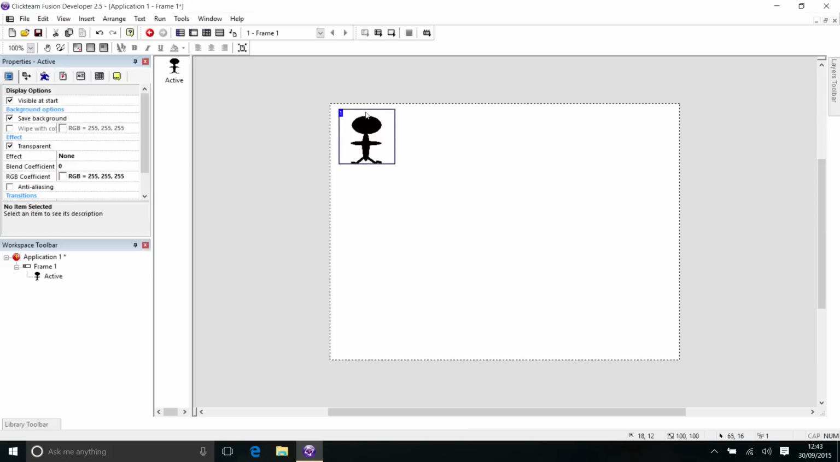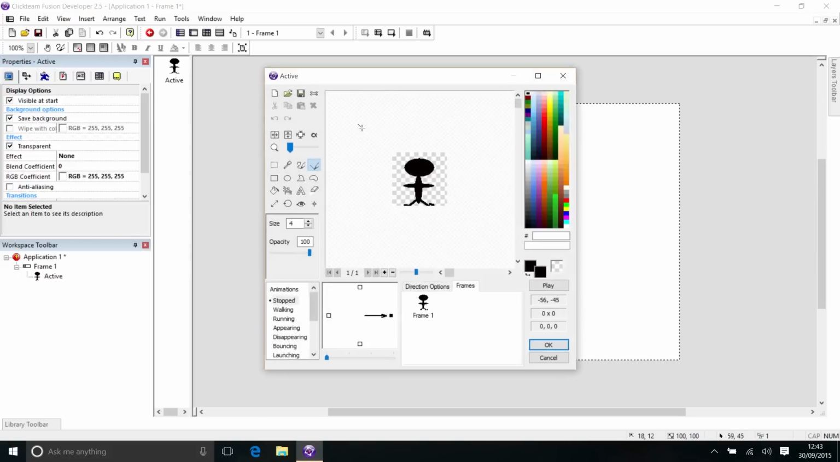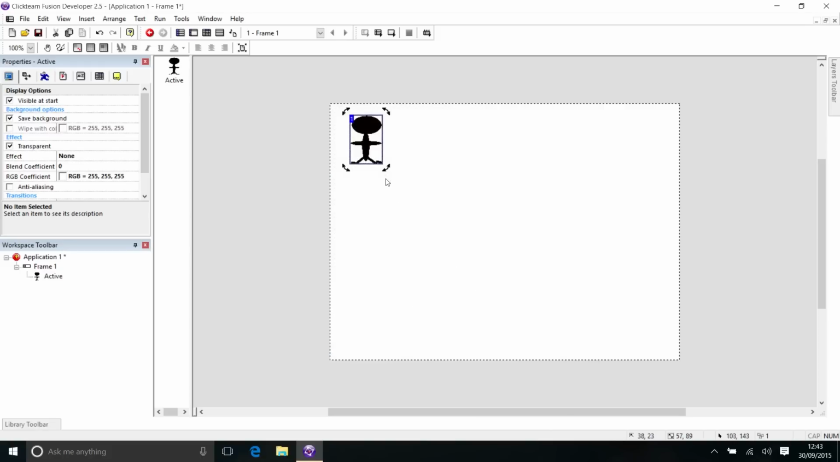Now, the problem I can see is there's some space around him. So if I double click on it again, I can use this tool here, which says crop, and that automatically makes the width as minimum as it can without cutting off any of the artwork, without cutting any pixels, and the height, it trims it down until it gets to a pixel. So if I click on that, you can see what it does, and there we go. So if I click OK,